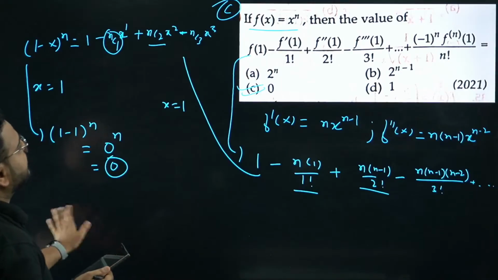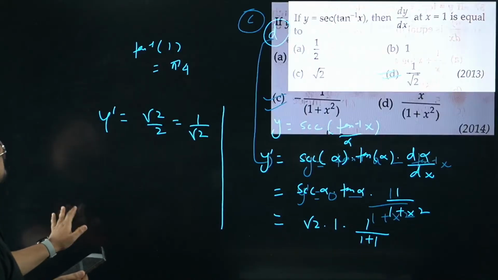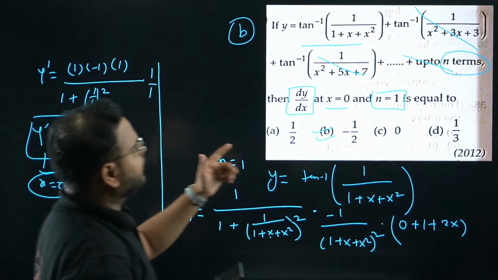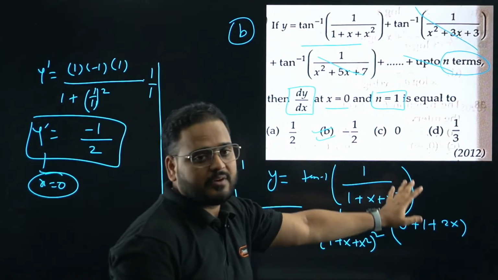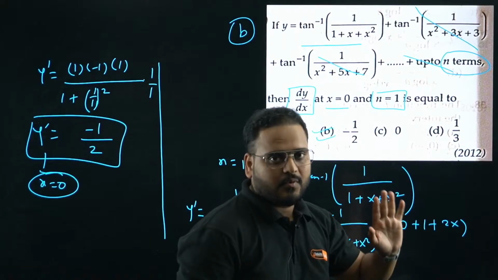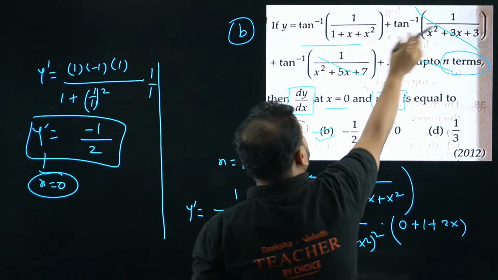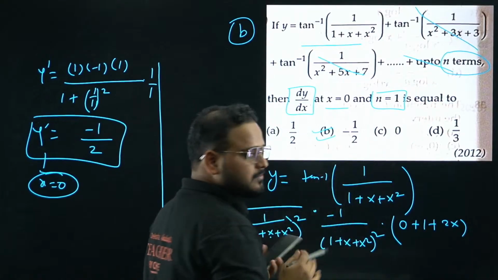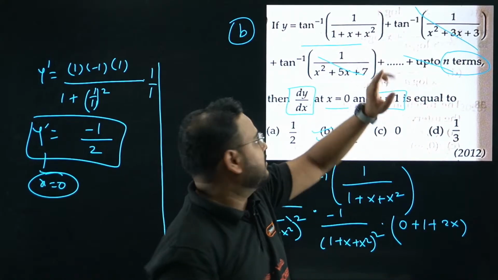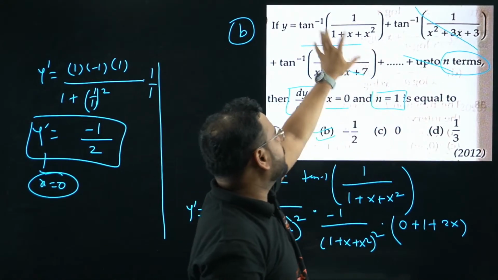Let me take 1 second. The 4th question, somebody was asking me about the 4th question. Okay, this problem. Here in this question, what they have given is that when x is 0, you have to find the derivative when n equals 1. n equals 1 means for the first term only, right? So for the first term we don't have to include this part in the function, because they're not saying n terms. When n is only 1, this is the first term, second term, third term, up till n terms. I want n as the first term, so only this is the function now.